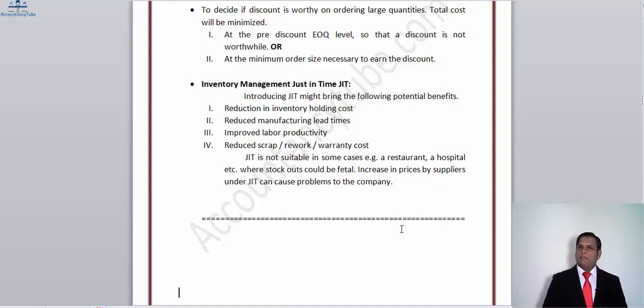It can just call you and tell you whenever you place a call, it will just increase the price to get the benefit out of your need. So it's best to keep some level of inventory in your premises, or better to increase the time that you take to deliver the goods to your customer, so that you can at least compare the suppliers from which to obtain the supplies. So that's it for the inventory